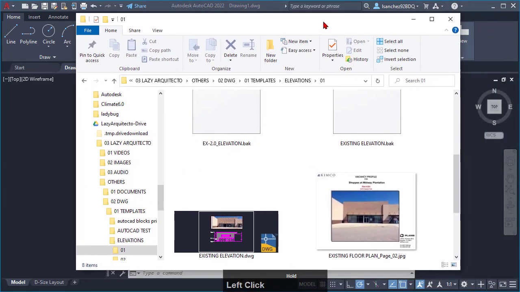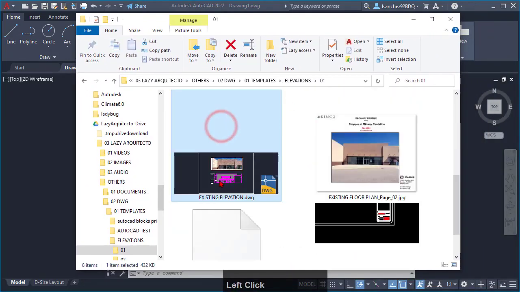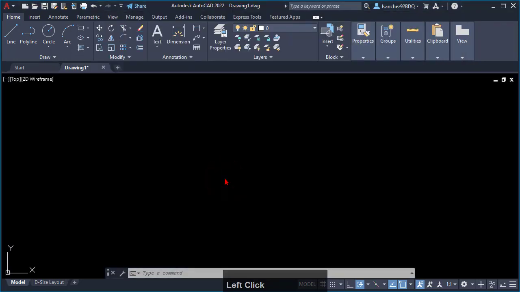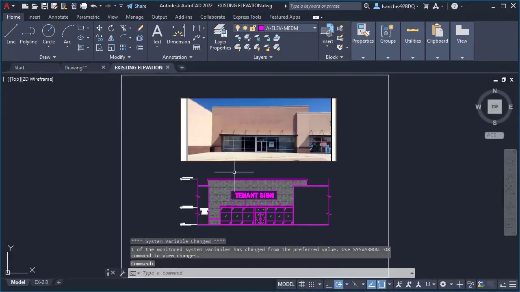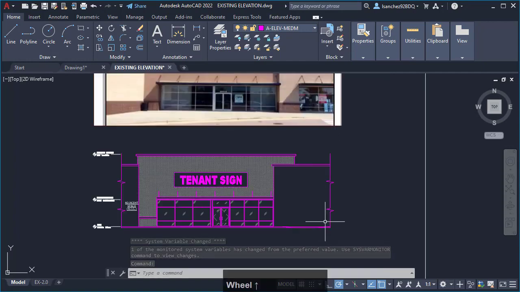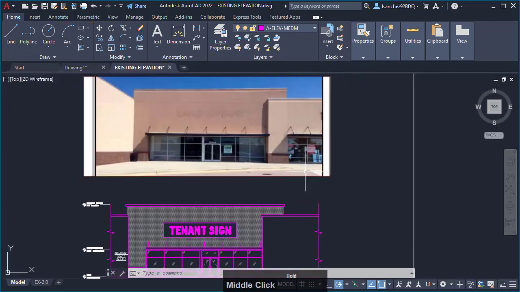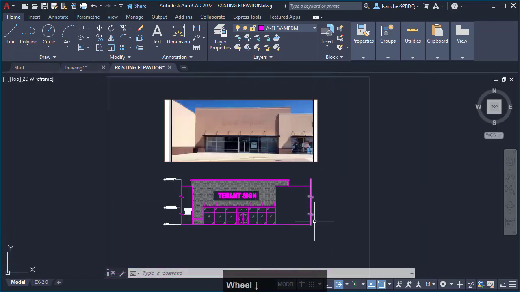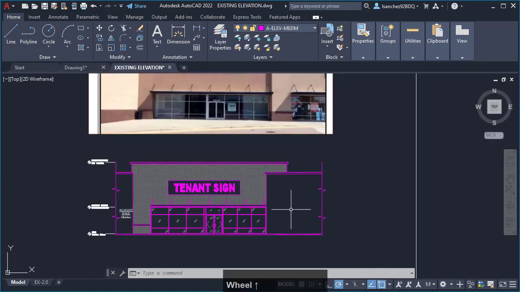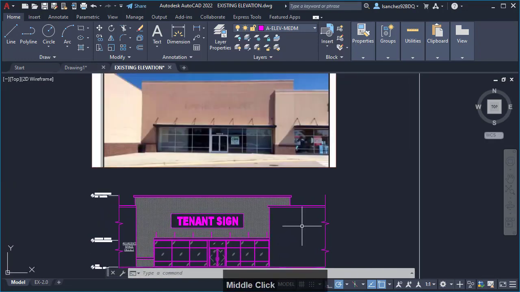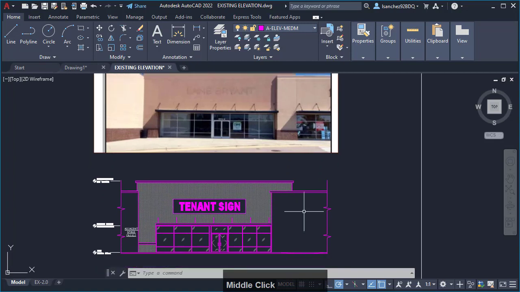So let me open this existing elevation that I have over here. I'm gonna double click to open it, and basically this is an existing elevation that needs to be finished based on this image. So let's start drawing, and this will help us to introduce you another concept, which is the idea of using